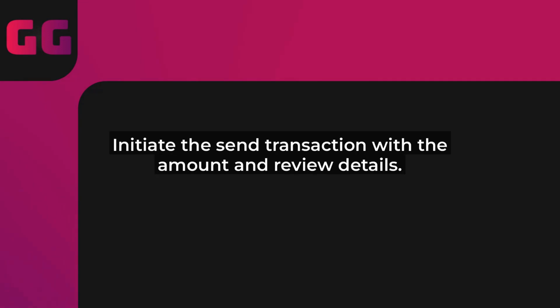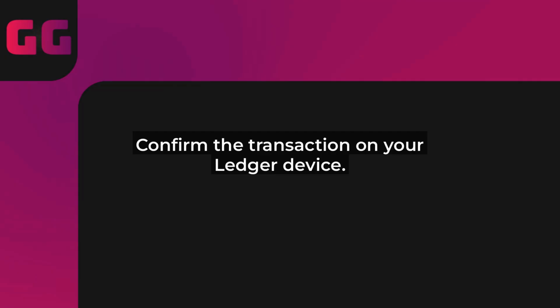With your Binance address copied, go back to Ledger Live. Select your Ethereum account, click on Send, and paste the Binance address into the recipient field. Enter the amount of ETH you want to transfer, but leave enough for any potential gas fees. Review the transaction details carefully on your Ledger screen. Always confirm with your physical device to prevent any hacks. Once you're satisfied, approve the transaction on your Ledger Nano X.